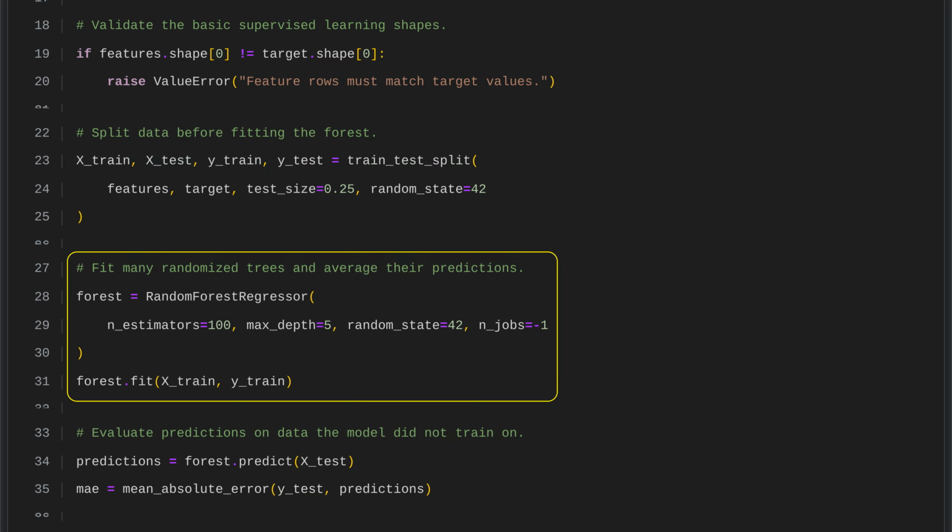We create a random forest regressor that combines many decision trees to make predictions. The model uses 100 trees with a maximum depth of 5, helping it learn useful patterns while limiting overfitting. A fixed random state makes the results reproducible, and using all CPU cores speeds up training. Finally, the model is fit to the training data, so it can learn from the features and target values before